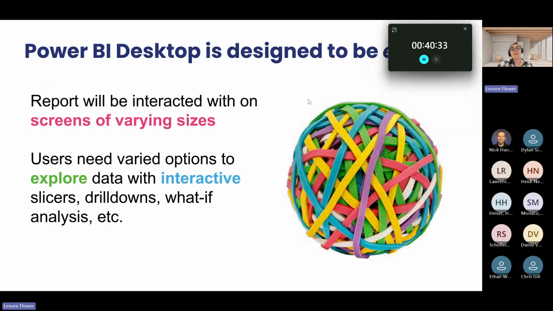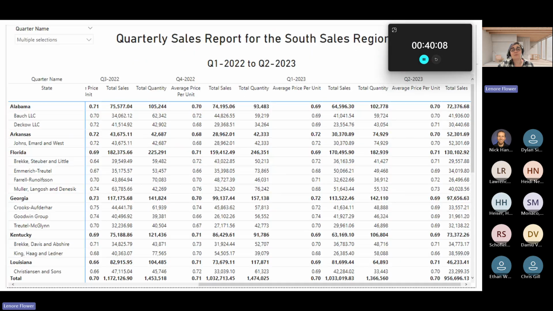So Power BI Desktop specializes in a fundamentally different purpose than what we need when we want to print something off. That's why whenever I'm working with clients or teaching a class, I emphasize that Power BI Desktop is never for printing. In some situations, if you don't have a scroll bar and you're really careful with how you set up the report, you can make it so you can generate a JPEG. But in most cases, that's not going to work for you.